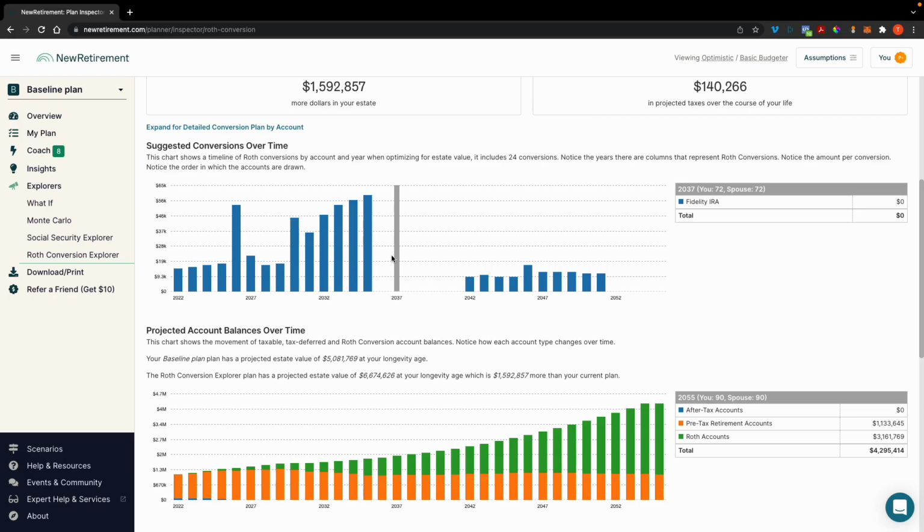Ideally, you have enough income and enough cash to pay for the taxes of the conversion. That's the most optimal.